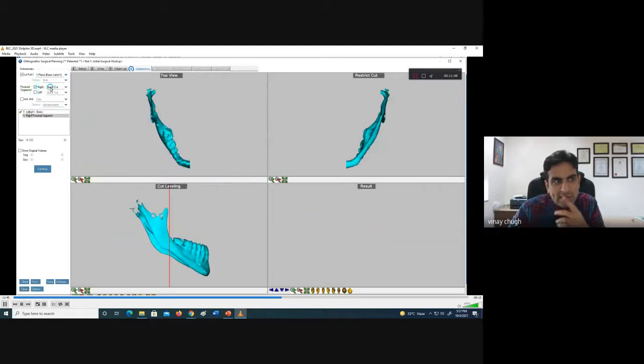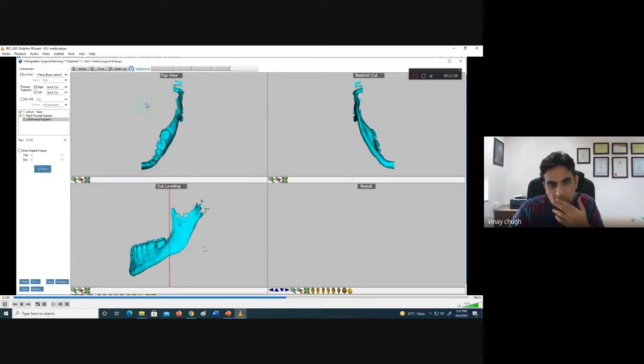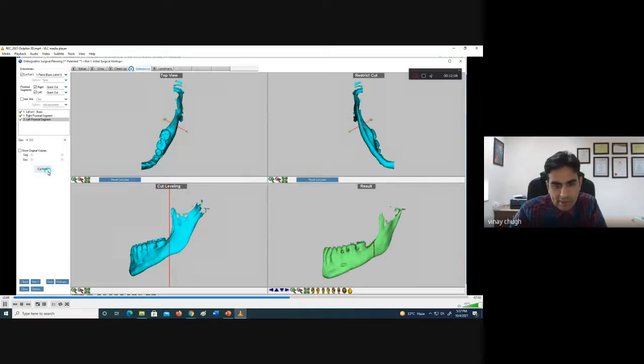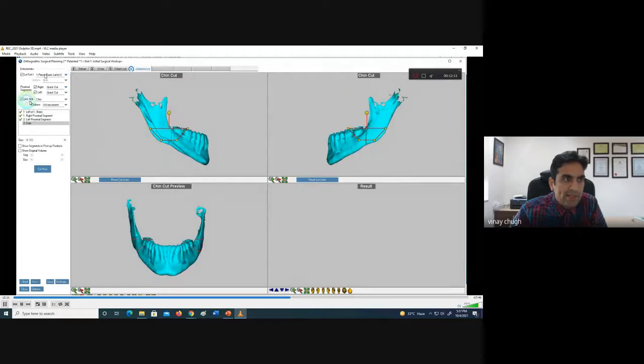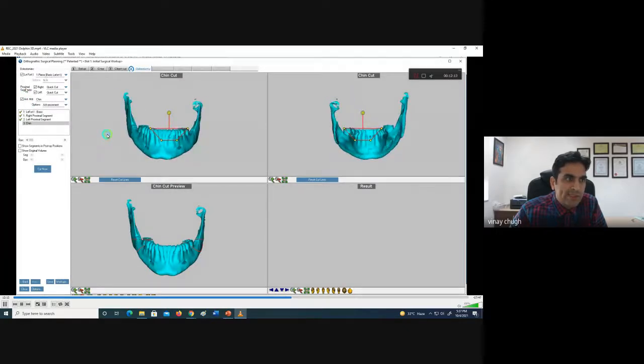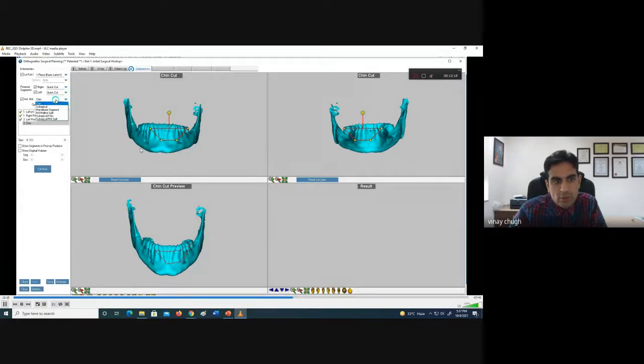So I'm just putting these cut marks. The first step is to put the cut marks on the maxilla, so that you know the volumetric part. Similarly on the proximal segments, you just put the cut marks. As of now, we are not sectioning it. We are just putting the sagittal cuts from where we will do the advancement. Then of the 3 parts here, one is the maxillary Le Fort one, second is the mandibular setback, so we have placed the cuts for the BSSO, and third is we are doing it for the genioplasty.